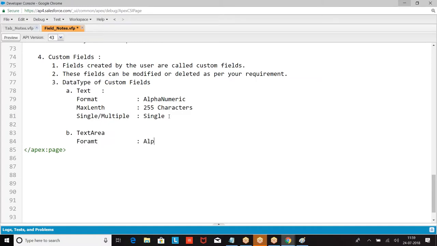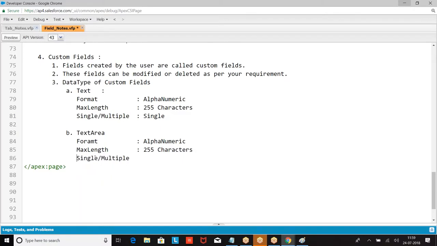Format, alphanumeric, max length 255 characters, single line or multiple line?